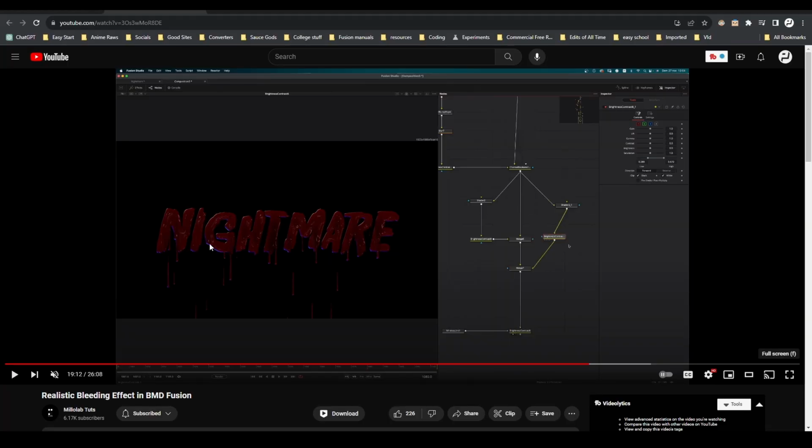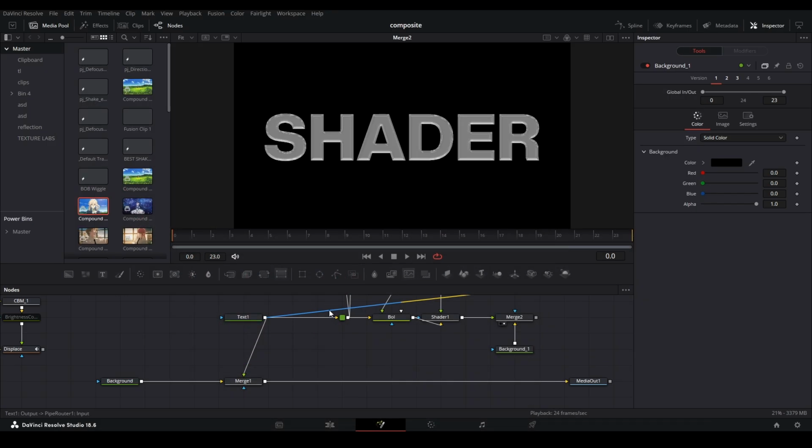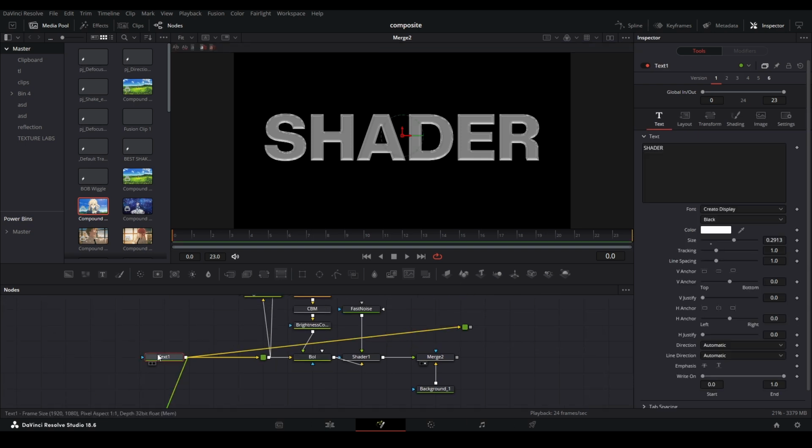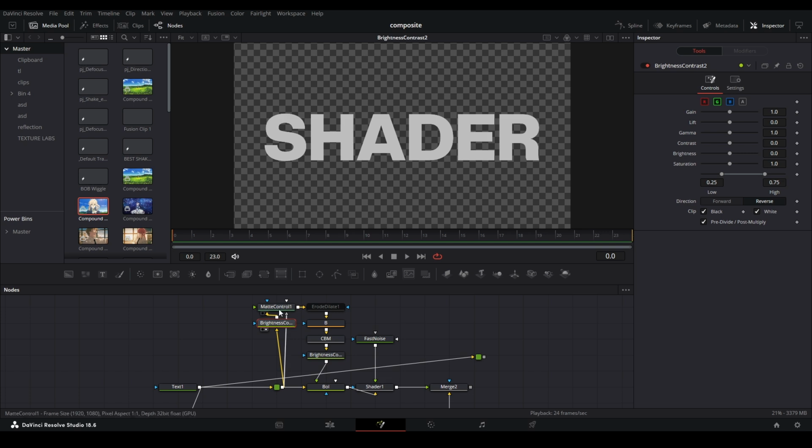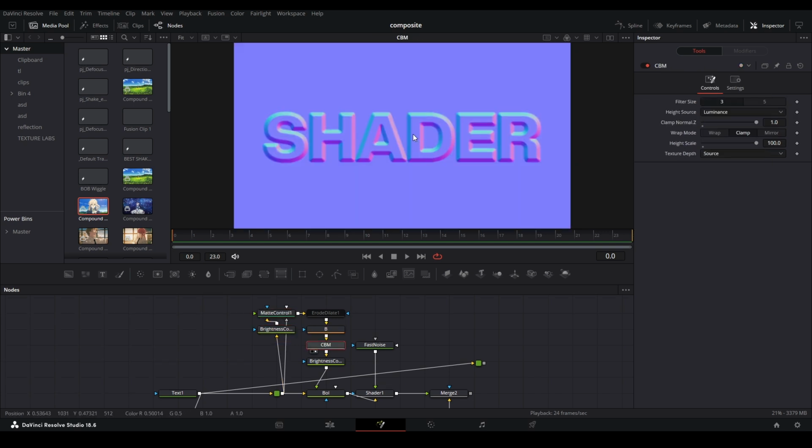You see the little highlight there, then a blue highlight there, and also that plasticky looking effect over there with the reflection map. So I thought I would just go over what this is. We have our text here, and then I have this weird little contraption, but it'll make sense as we go through it. This makes a map for a create bump map, which makes this nice map and